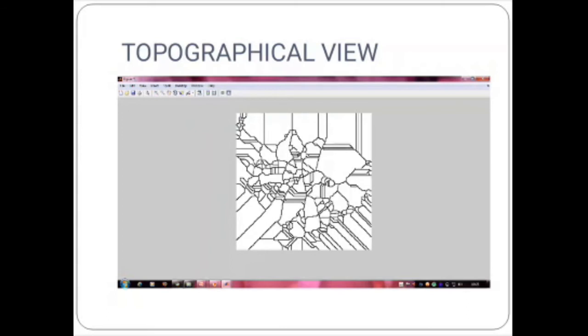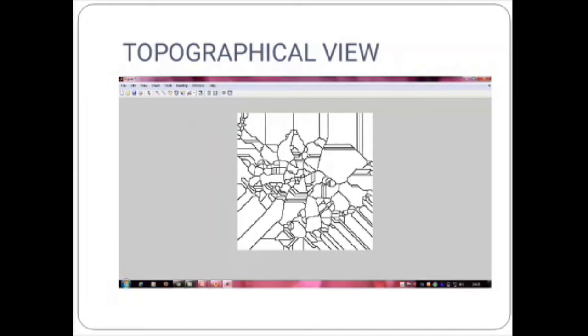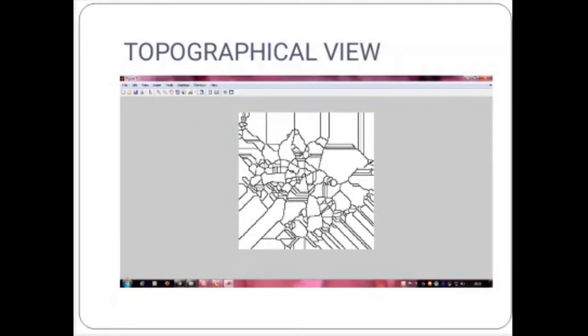Here you can see a topographical view, right? So the water will pass through the holes, flooding the surface. During this flooding, the water coming from two or more minima may collide. This event is to be avoided, so dams are built at the points where the water can join. You can find the dam constructed where the points are merged.